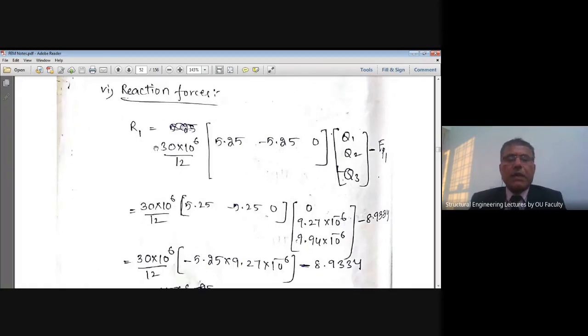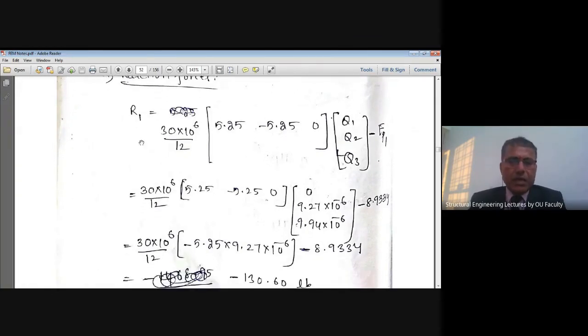Now, next subheading, reactions. The reactions are obtained along the degrees of freedom that are specified. Along the first degree of freedom, where QP1 equal to 0 is specified, I get a reaction R1 equal to that first row, which was deleted using the elimination approach. I'm just recalling that first row of the entire equation on the LHS, minus